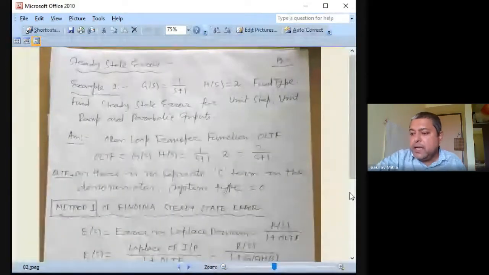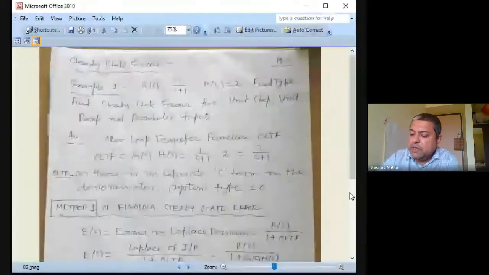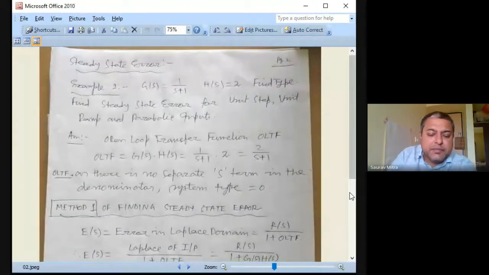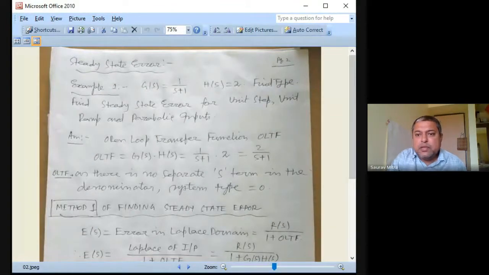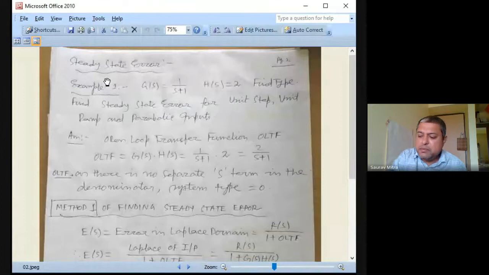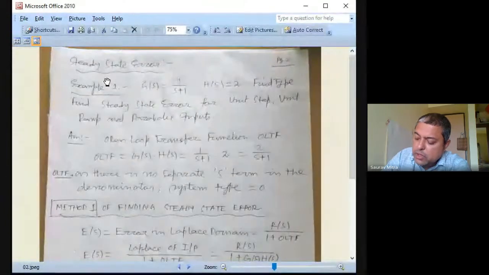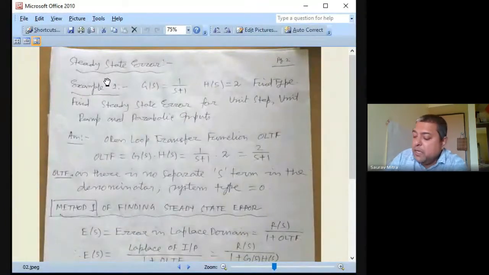I will be showing you something, but you have to define your type 0, type 1, type 2 system and find what are the different responses. So I'm giving you time, if you have a pen and paper, please write down what we are supposed to do in experiment 6. Experiment number 6, job 1, that is